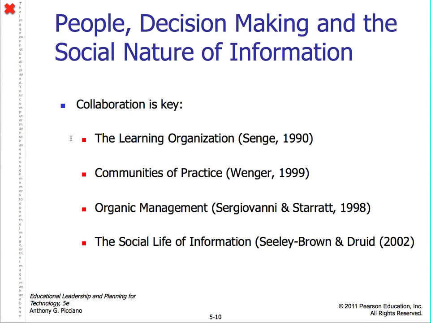Collaboration is key. I'm not worried about these books here particularly, but I do want to express that collaboration is key. You have to let people know what's going on. You have to get their feedback. You have to get their input. You don't want to be on an island by yourself as an administrator. You want to find the key people that can help you make competent decisions, and they need to be on your team. And they can be anybody from parents to students to staff to board members, politicians, whatever. Use the best people to help you.